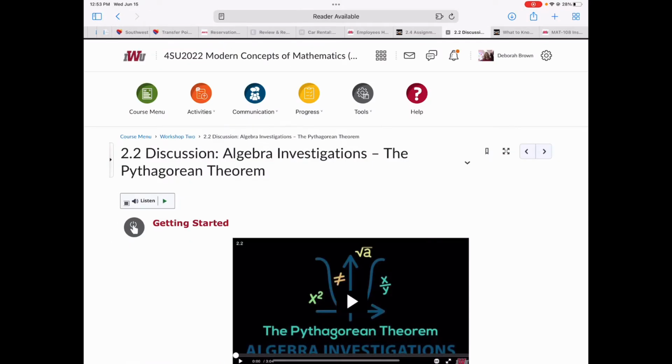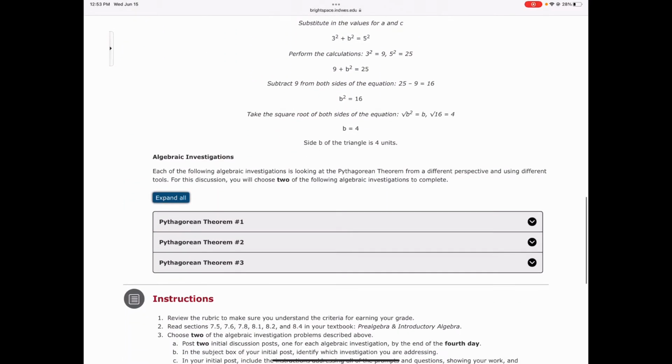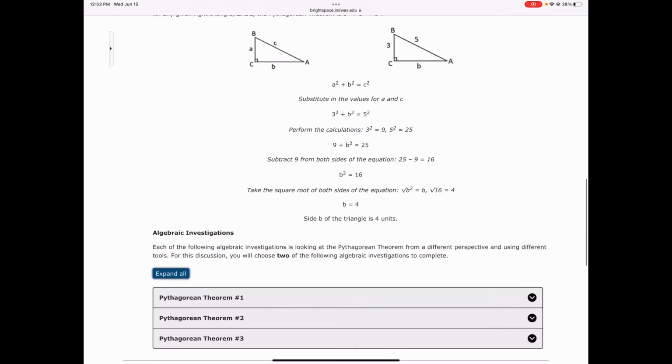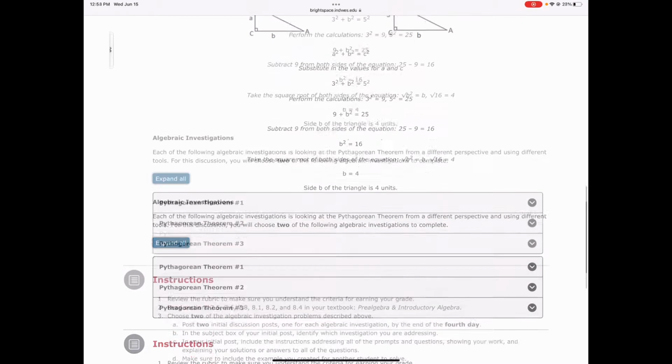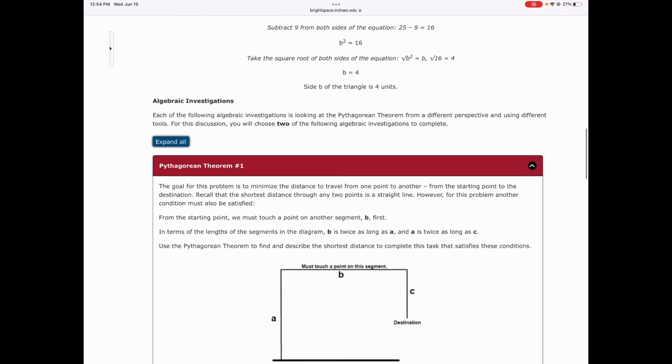For the Pythagorean theorem, you have 3 options and you have to choose 2. Now, I'm going to be honest with you. I think you should just do 2 and 3. They're the most straightforward and they have the least problems with them. I will go over 1, but I don't really recommend for you to do it because it's